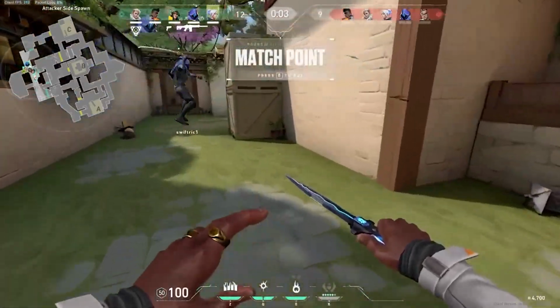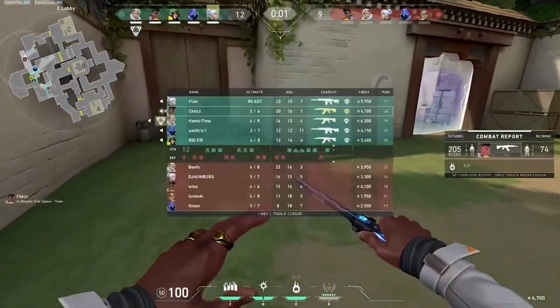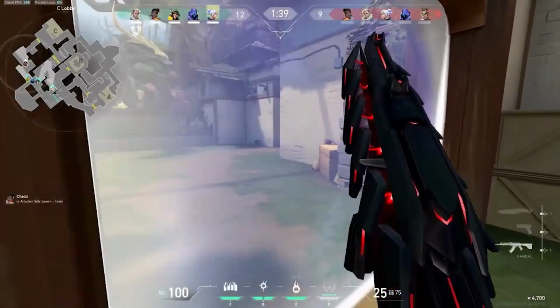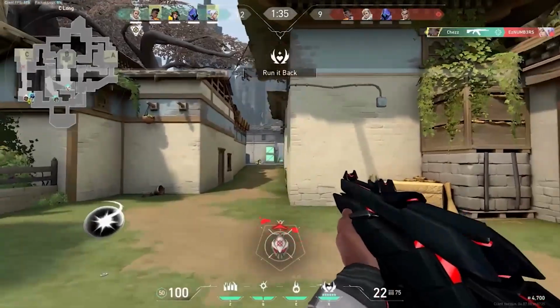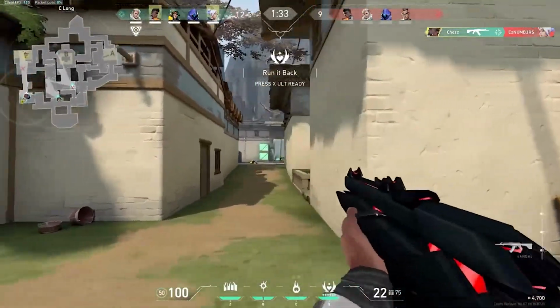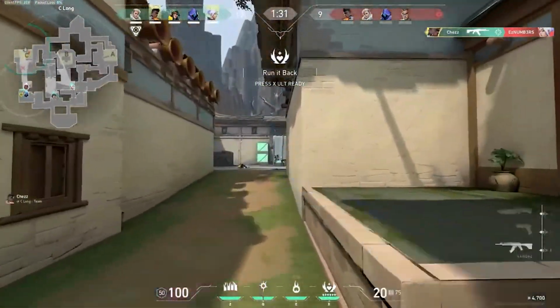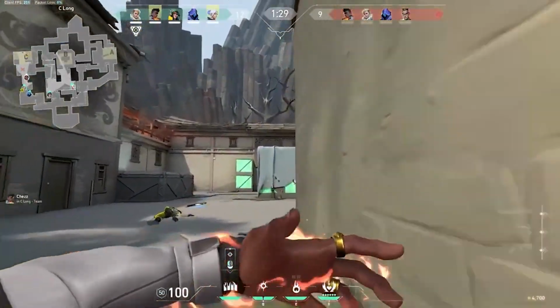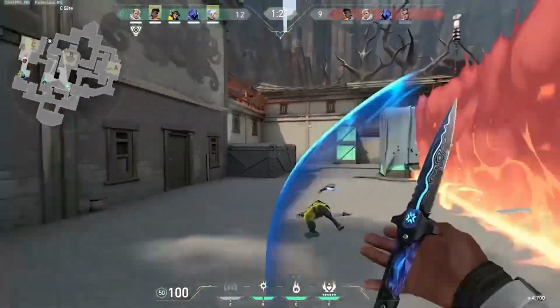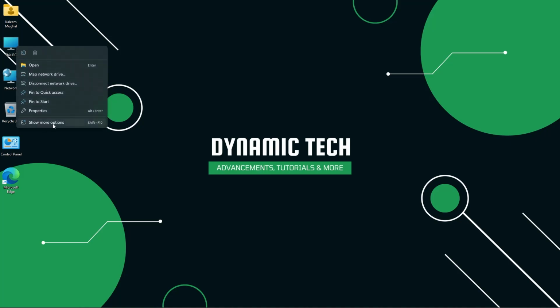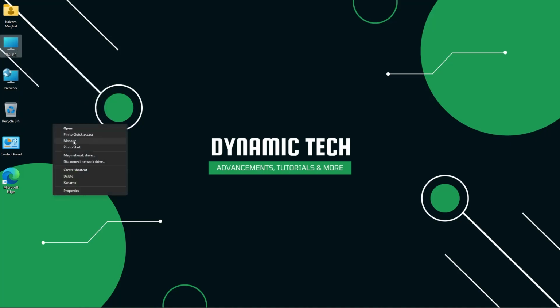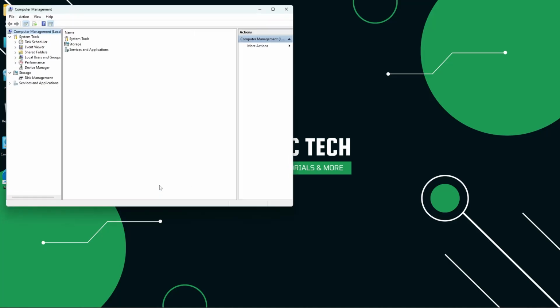Okay, tip number 3, making your PC monitor optimal for gaming. Now this tip consists of 2 parts. Number 1 is finding the compatible driver for your PC monitor, and the second is finding the best settings, as we did in tip number 1 and tip number 2 for our GPU. So let's take a look at this PC, right click on it and click on show more options, and here you will see the manage option. Click on that and it will open up a new window for you,